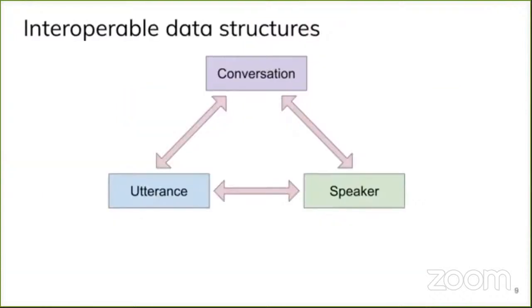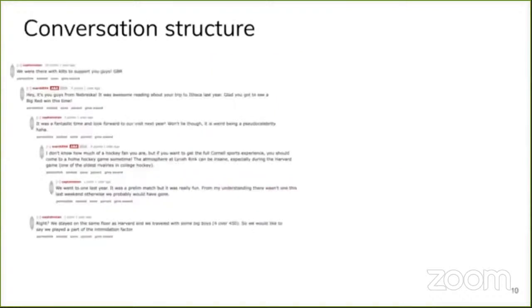Now, one really nice thing about the Convokit hierarchy is that the data objects are interoperable, meaning it's easy to navigate from any one component to any one of the other two components. And so it's easy to do higher level analyses, like track a speaker's behavior across all the conversations that they've participated in their lifetime, or characterize a conversation by the composition of its utterances or the speakers that have participated in it. In addition, each of these objects have their own methods and functions, which makes them really powerful for